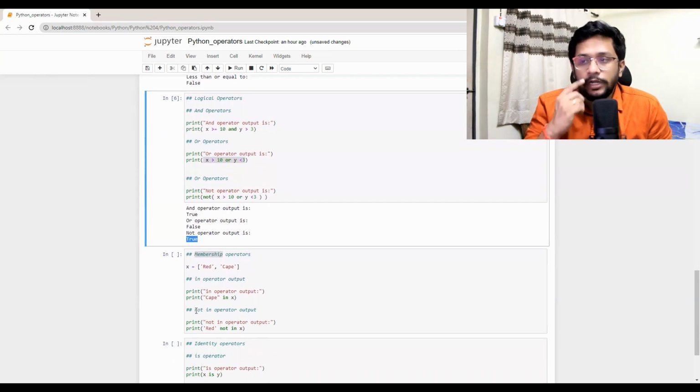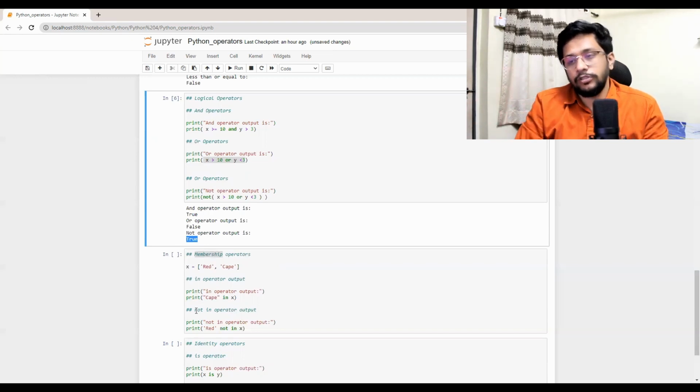Next is membership operator. It's a bit simple to understand, but a bit tricky to use. In operator output generally refers to whether a particular syntax is in the variable or not. So here we have defined a list. And if you haven't watched the list video, please go to our channel and check it out. What we have defined is two strings, red and cape, in a list. And we want to check whether cape is in the list or not, and red is in the list or not. So if we just hit enter,